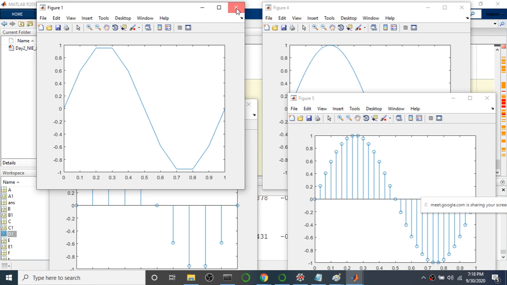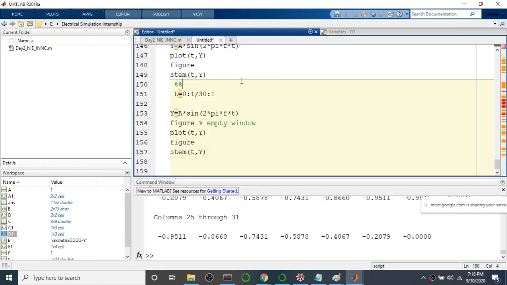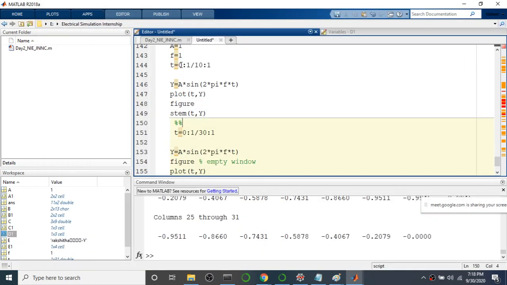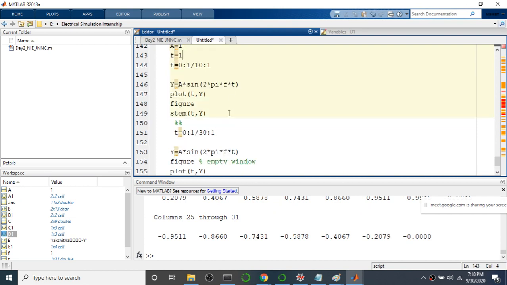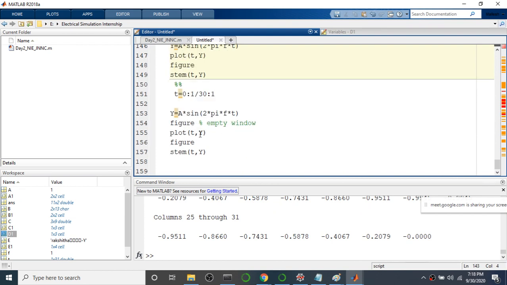We know that according to the sampling theorem, in digital, if you want to reconstruct the signal back properly, you should have more than 2 times the frequency. Although we have more than 2 times, with 11 samples and a frequency of just 1 hertz, we still don't get a proper output. So that is why we increase the number of samples here.